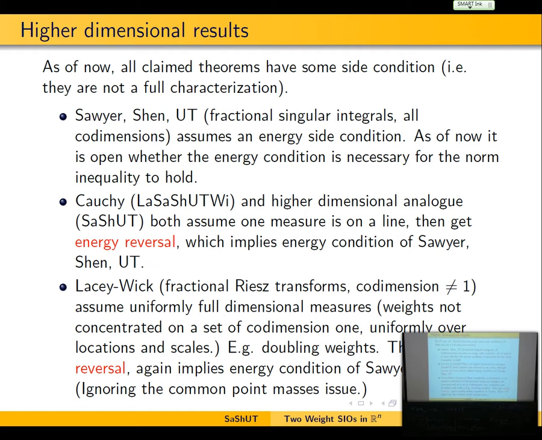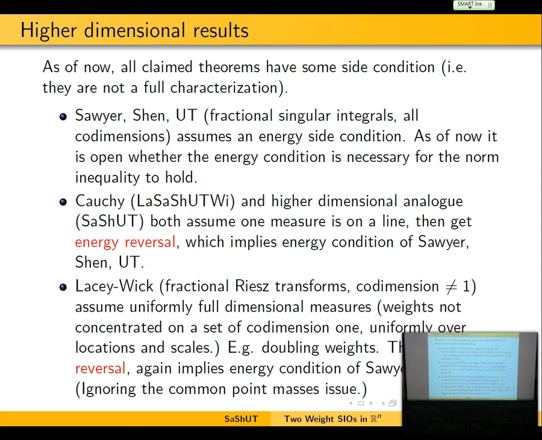Good. So higher dimensional results. This is a short survey of the results, and then I'll explain a little bit more. The first one is the one I already mentioned, joint work with Eric and Chun-Jen. Then there is one instance which is sort of one-dimensional in a certain aspect that I will explain, which is joint work with Michael Lacey, Eric Sawyer, Chun-Jen Shen, and Brett Wick. So basically, you are assuming one of the measures is on a line. The other measure is arbitrary. Then the analog of the NTV conjecture holds. But again, one measure being on a line is, well, obviously one-dimensional in character, no?